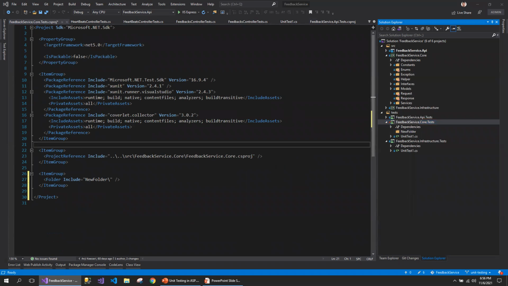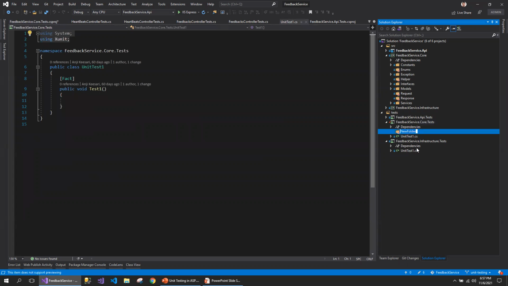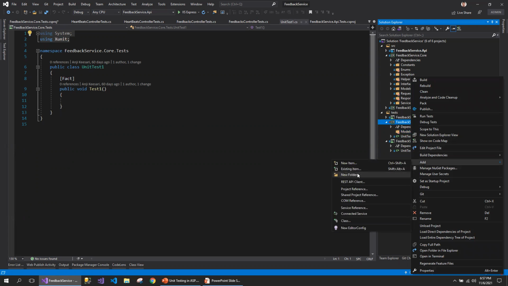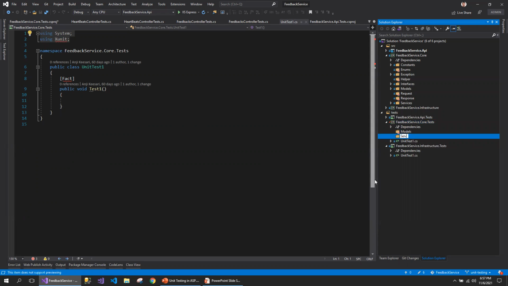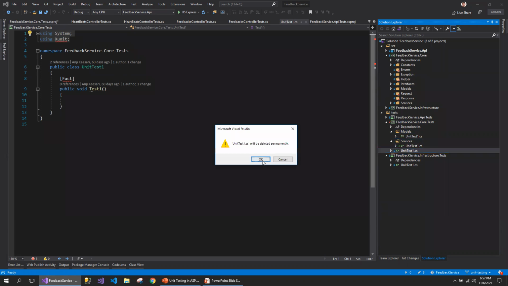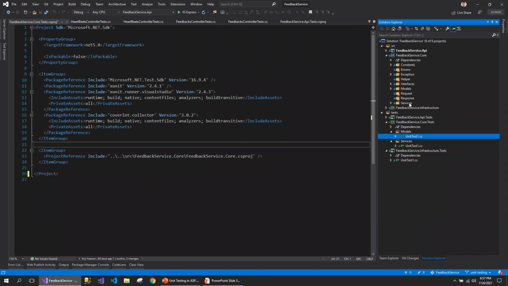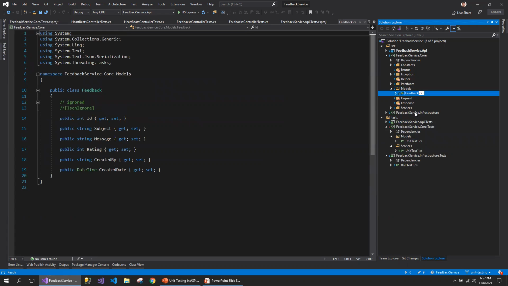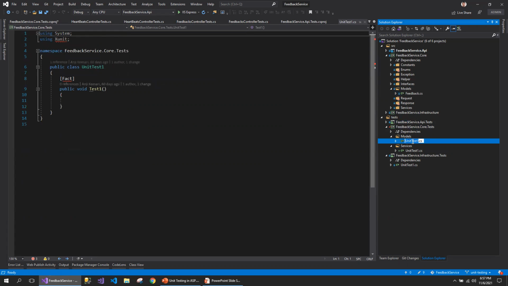It looks like I need to clear the folders I've already created. I think that's why I'm getting these issues. So let me clear the folder so that it will allow me to create. Now I can say models and also create a separate folder for services, and then copy this into here. I don't need outside, right? So I will name it as, I'm going to create a feedback